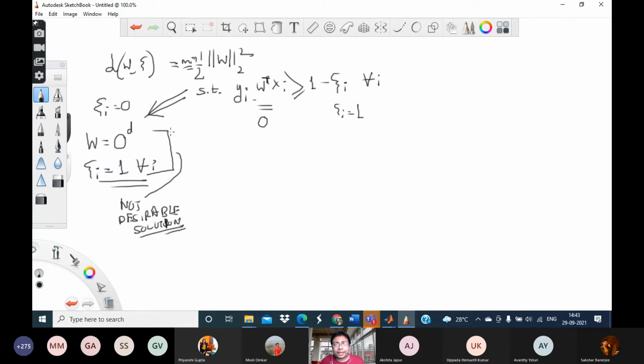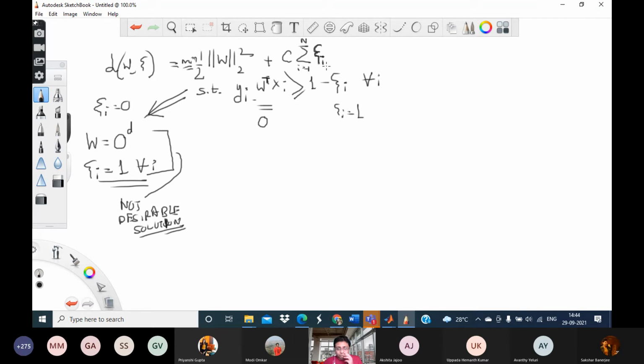The answer is that I basically want to minimize the number of mistakes. I do not want the mistakes to happen. Now xi is indicative of mistakes. The more the mistakes happen, the more xi is going to be. So apart from trying to minimize this thing, I also try to minimize this thing. It is the sum of all the xi's. These also I try to minimize.